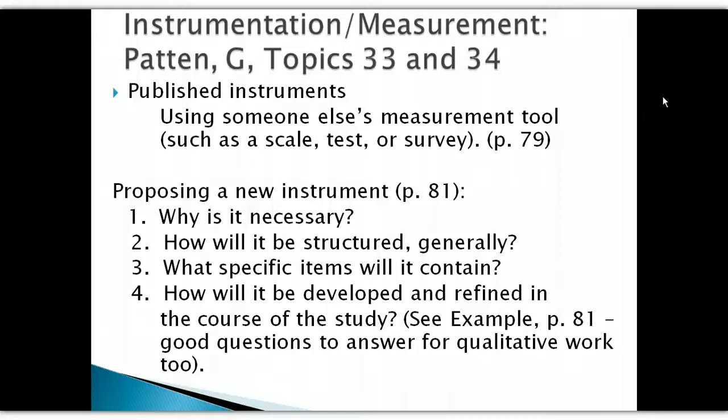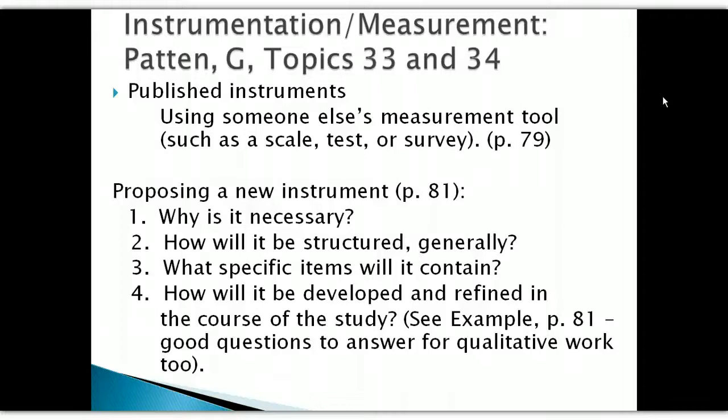So if you're going to do that, you'll want to give a justification for why you're using someone else's measurement tool and why it will work for your study. You may also have to ask permission for using that measurement tool. So if you came across a measurement tool in your research for your literature review that you really liked and you want to test its validity or reliability or how it differs by region or whatnot, you may want to use a published instrument. Or you may find that the published instruments don't work well for the research you want to do, and you want to